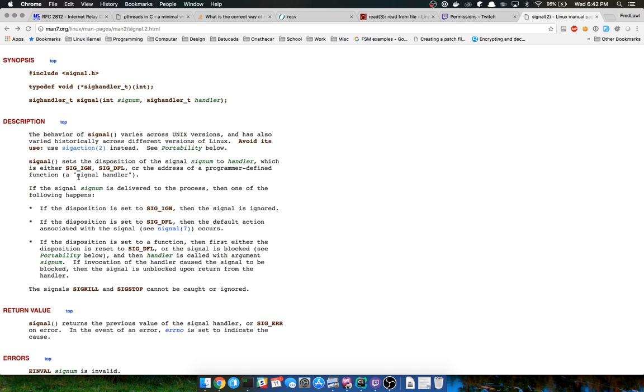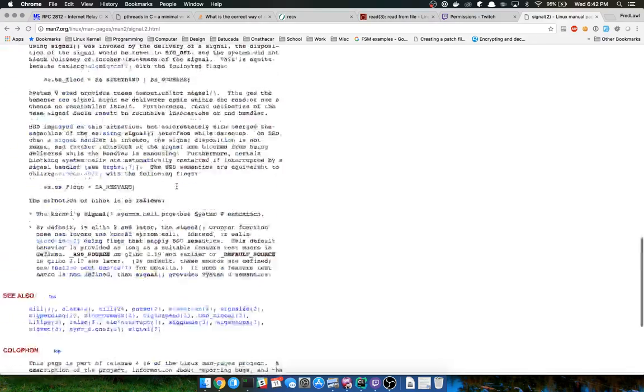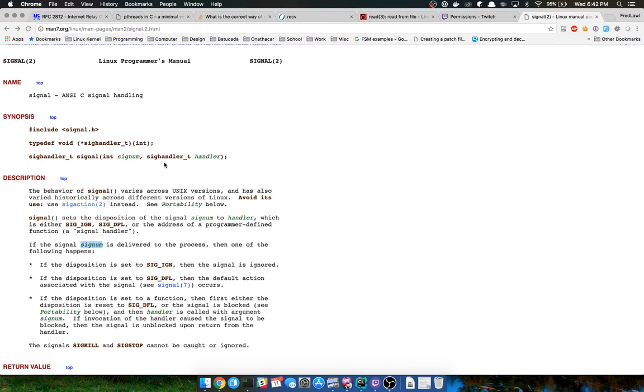Okay, so what we're going to be looking for is a signum. That's the actual thing we're going to try to bind to. I forget which one specifically for process termination is. There's maybe a couple we might want to look at. They might be defined somewhere in here. If not, that's okay. We can always find them somewhere else.